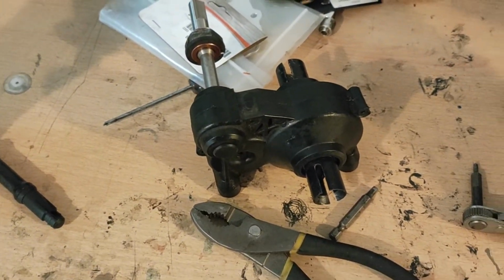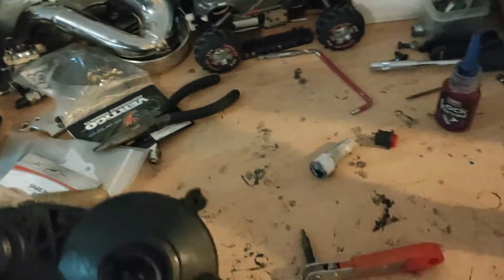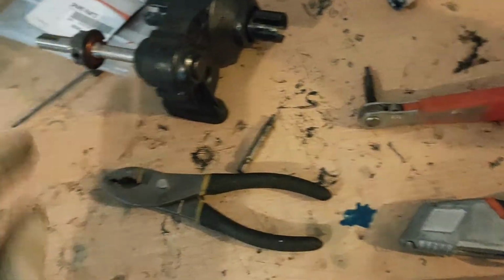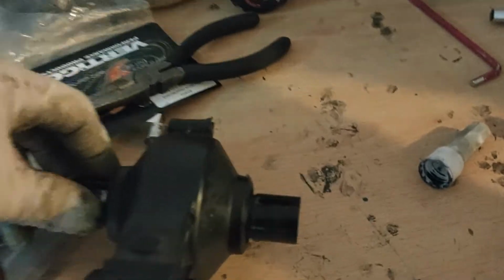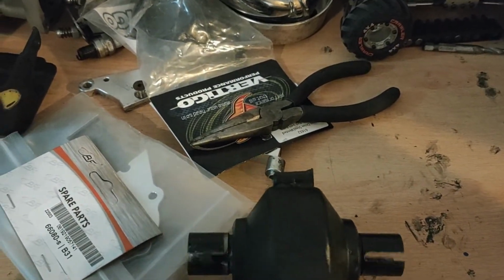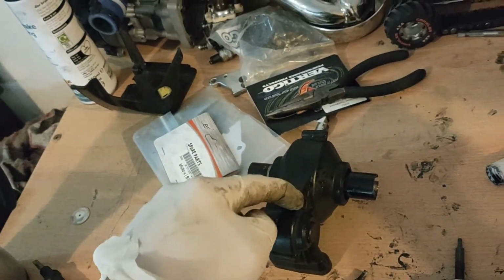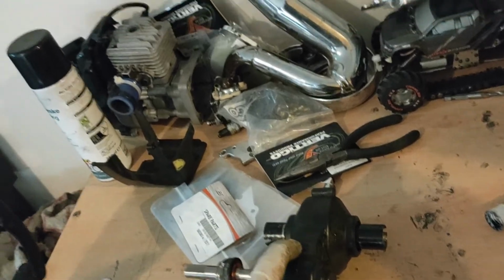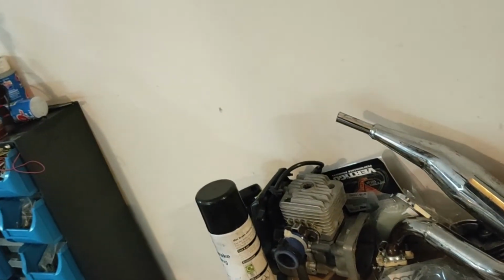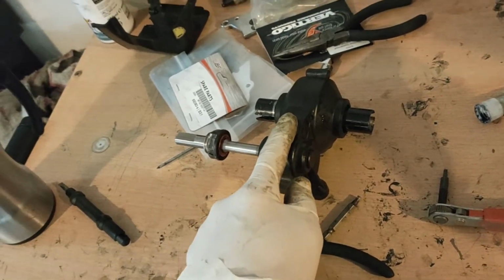Diff's completely together. Like I said, it's just 4 or 5 screws on the back. All the diffs have changed, it's locked up now, as you can see it's locked. So if I turn them, they'll both turn at the same time. I have greased the gears with red and tacky grease just over the gears, and then I've given the case a good coating inside with just normal